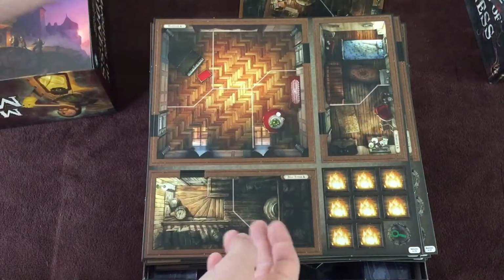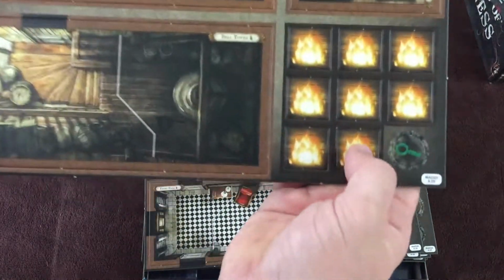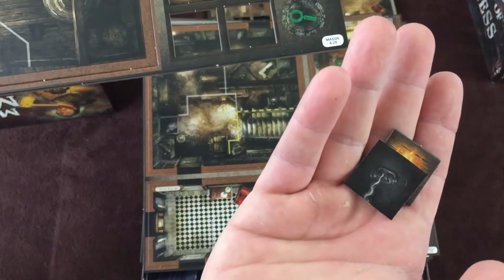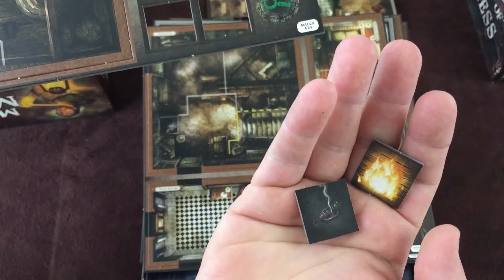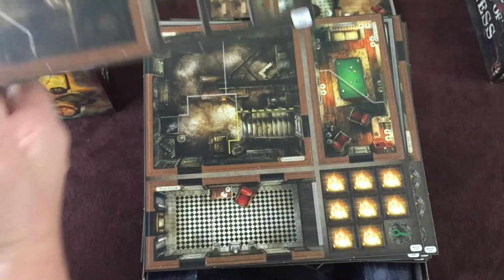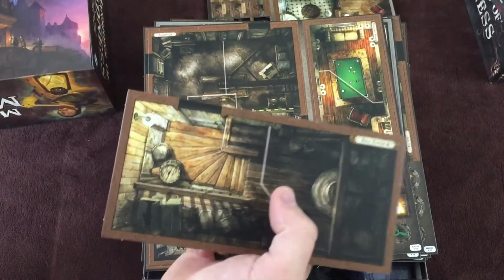All right. Let's see. Here's some fire tokens. They're punching out just as well on the back. I don't know what that is on the back. Oh, maybe that's a darkness token, maybe? I guess we'll find out. Everything seems to be punching out